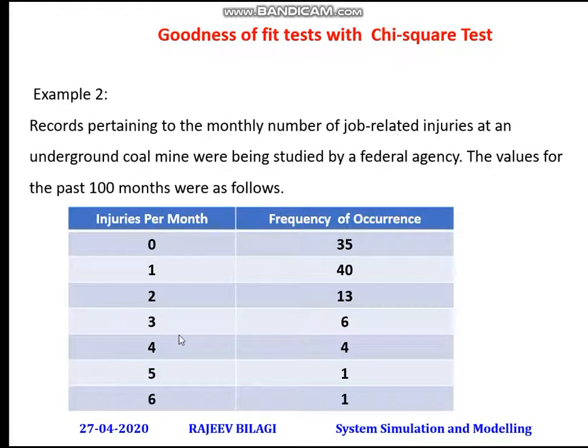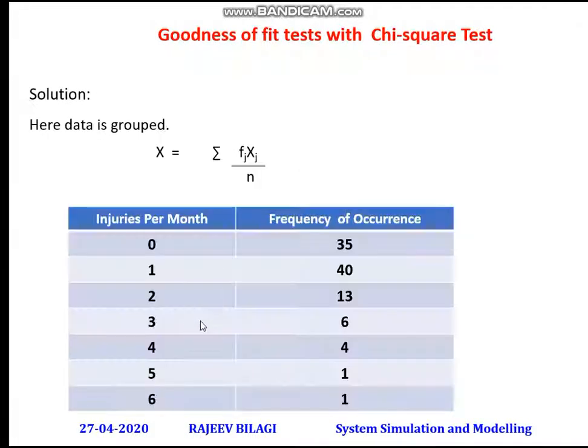If you look at this particular data, what is e to the power of alpha minus lambda to the power of x? So now the lambda value you have to find out. Okay, so with this, this particular data seems to be grouped, so in that case, first you have to find out x bar equal to sigma of fj xj by n, which is for grouped data.